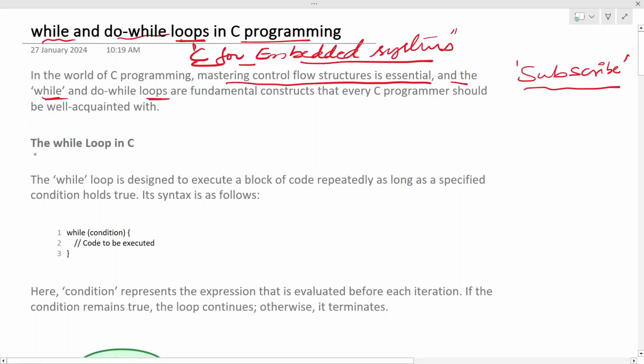First, we will see the while loop in C. A while loop is designed to execute a block of code repeatedly as long as specified conditions hold true. In the previous video, we have seen a for loop. Please go and check that out. The syntax of a while loop is